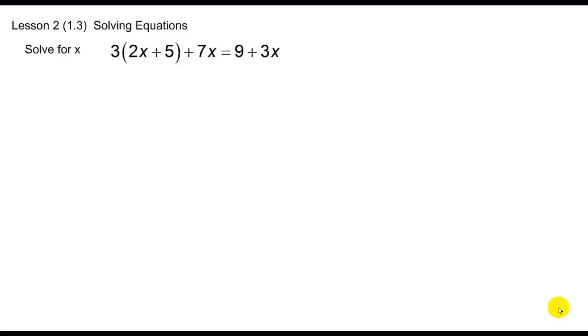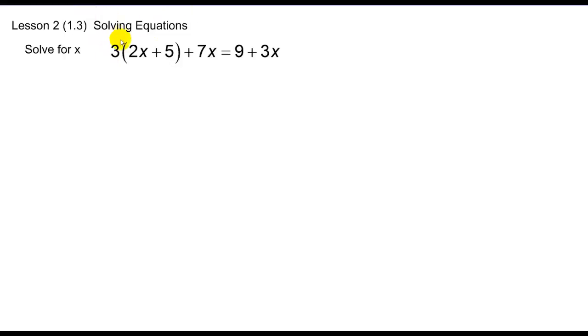Today we're going to look at solving equations in a variety of different types of problems where we have one variable. General idea is isolate all the variables to one side, all the constants to another. Finally, once you combine like terms, divide by the coefficient in front of the variable and your problem is solved. So let's start this